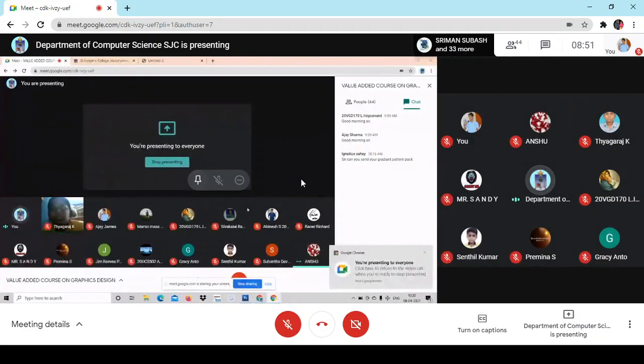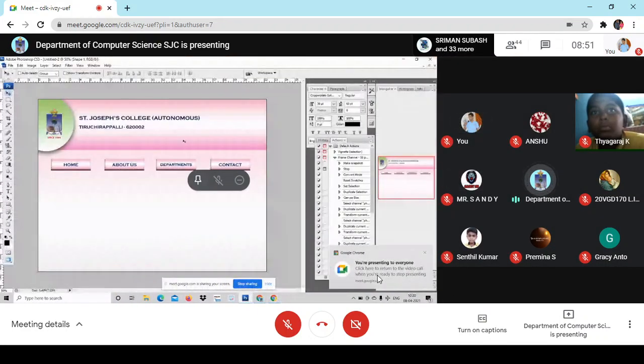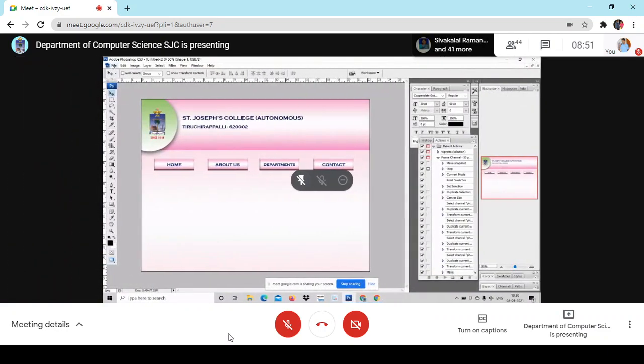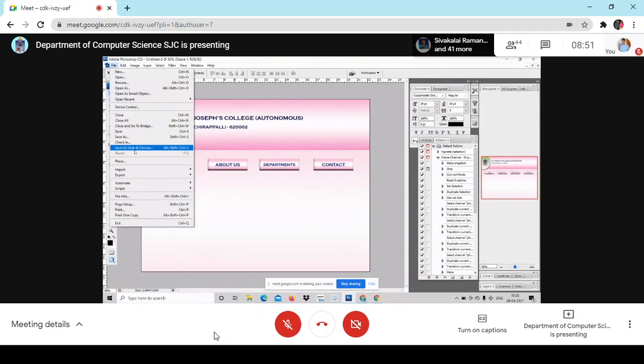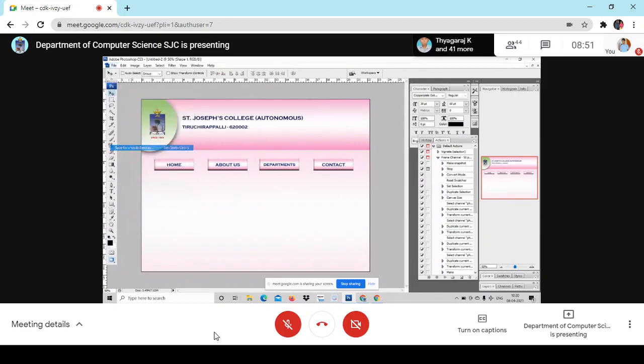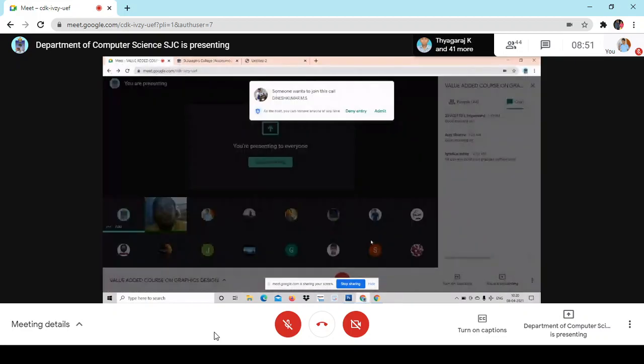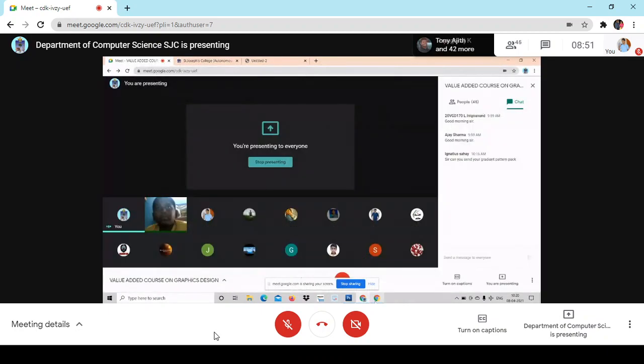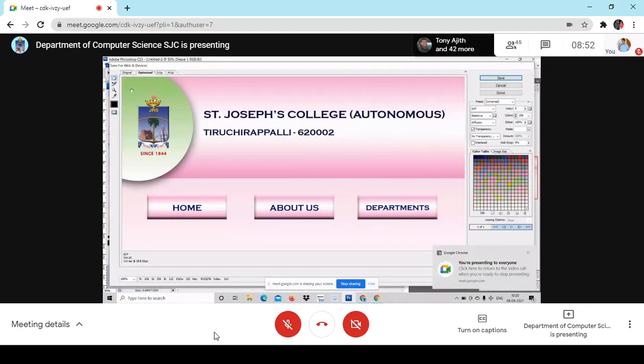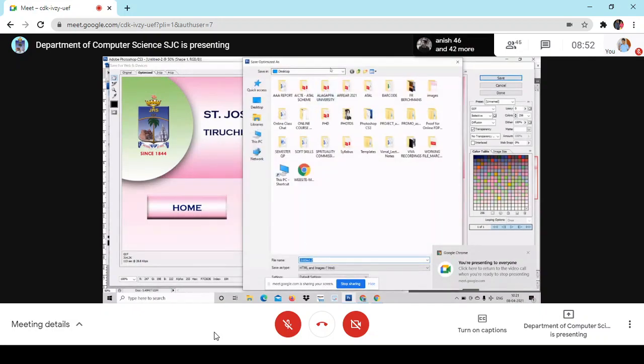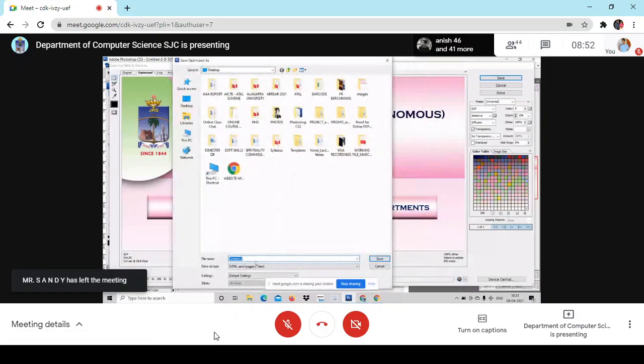See, look at here. I have saved that. Until this, there is no need to explain, right? Go to File, Save for Web. Click Save for Web. Please note it down. Click Save for Web and click Save. Then this dialog box comes. Click the name field. For example, I just name it as Vimal.